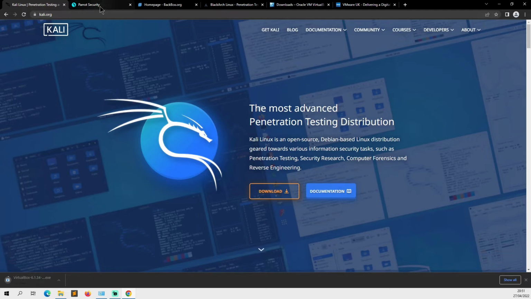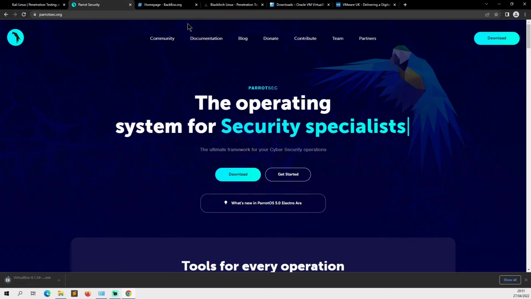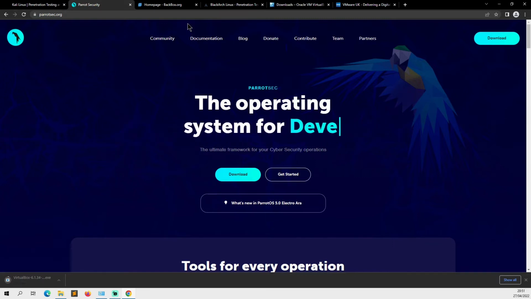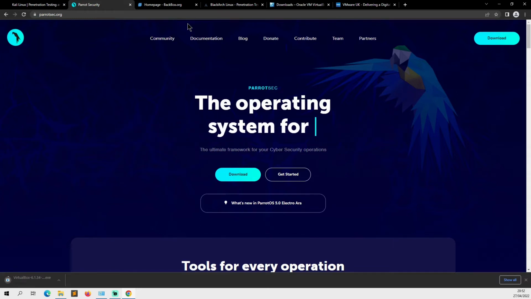But you also have Parrot Security. I believe they're currently partnered with, or if not endorsed by, Hack The Box, which is a hacker playground, something we'll be covering in my next video. But Parrot, again, is very similar to Kali Linux. It's based on Debian, like Kali Linux. You have a variety of desktop options, but I believe the default one is MATE, and it's quite a nice